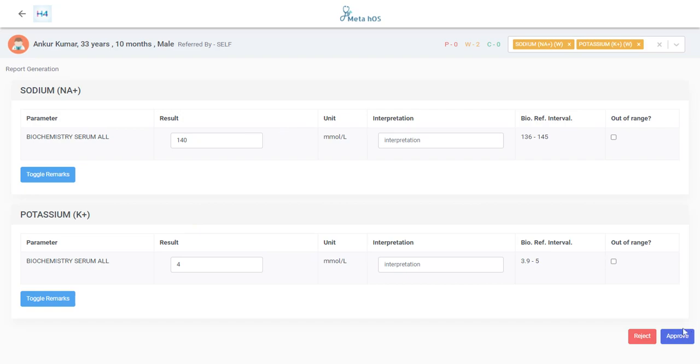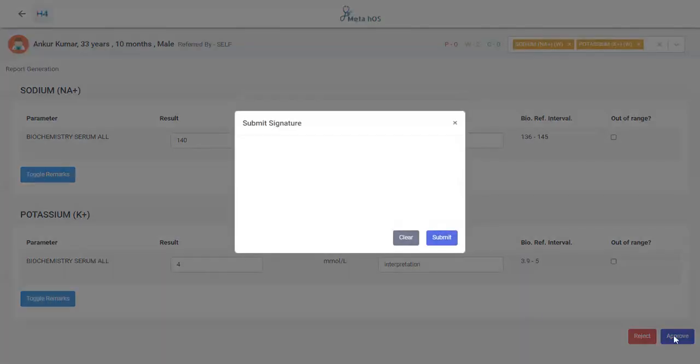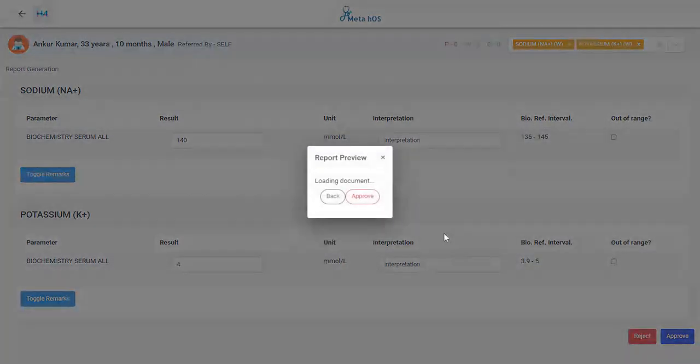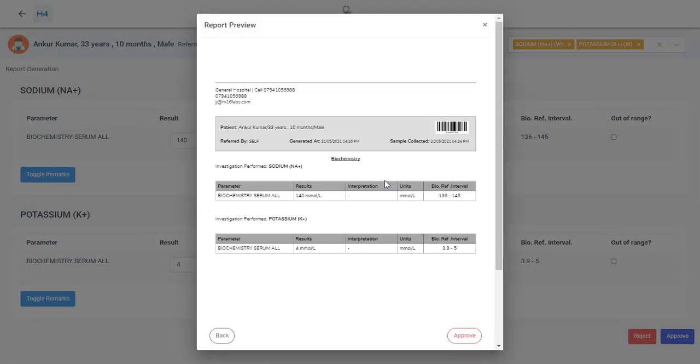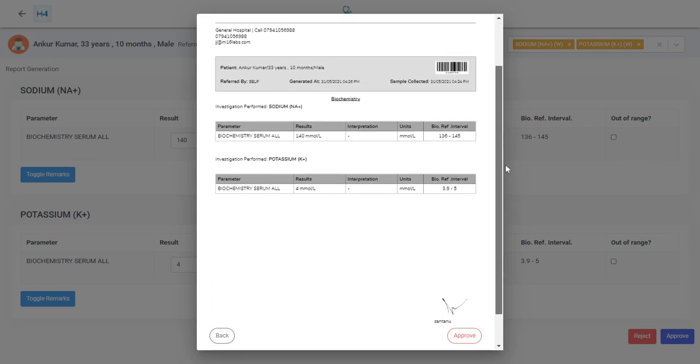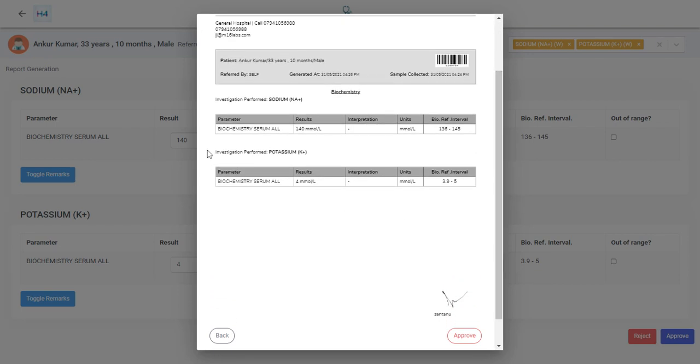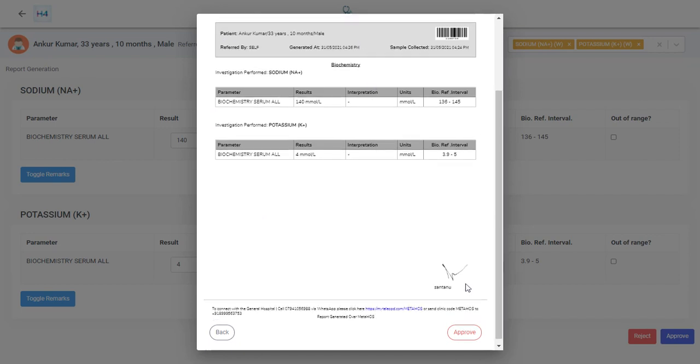As a pathologist, I will approve the report and we will do a signature here and submit. After submission, a window will open where we can view the report and then again finally approve it.